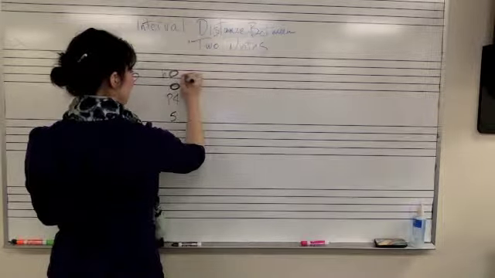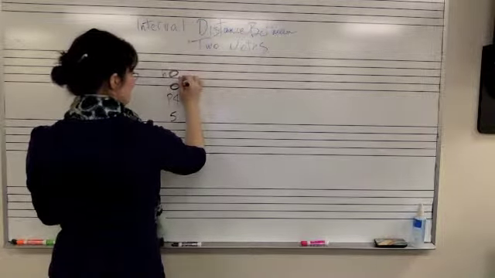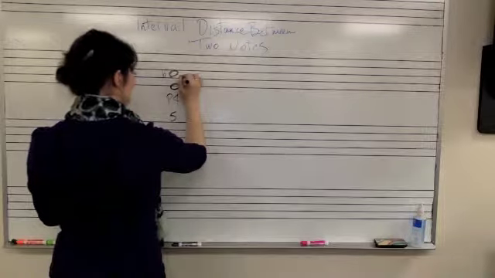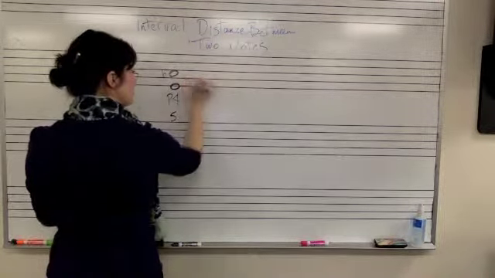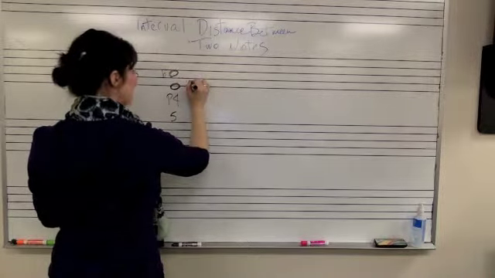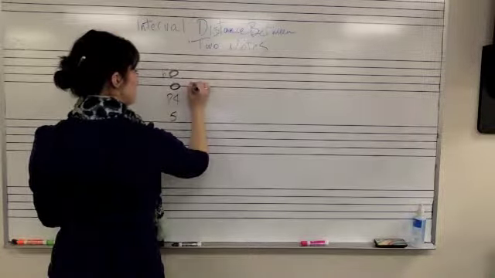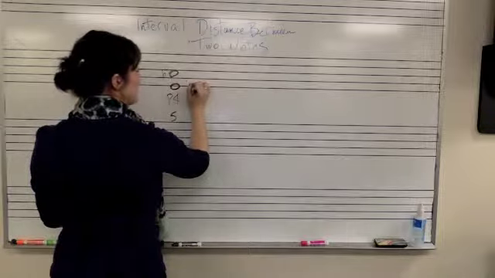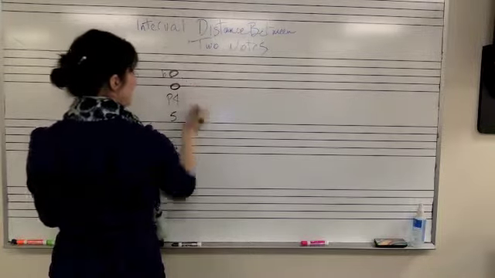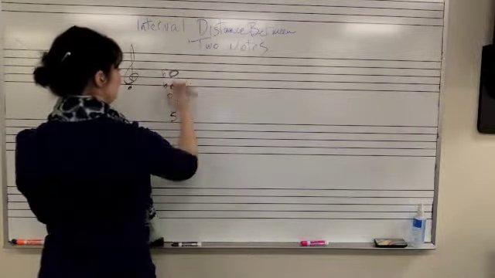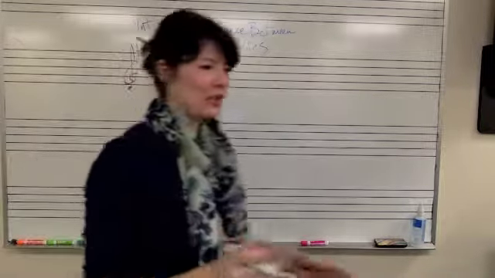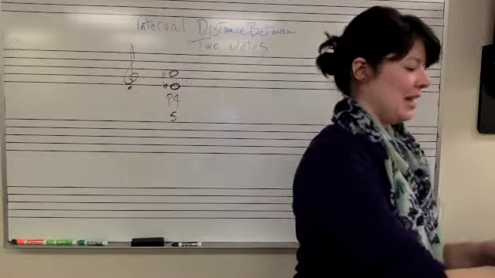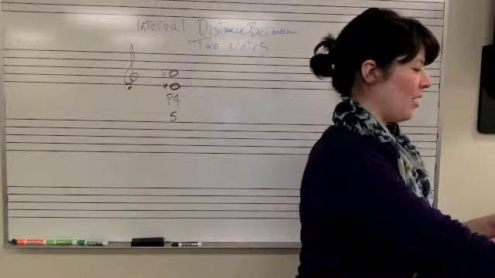So A flat to G is 1, G to F sharp is 2, F sharp to F natural is 3, F natural to E natural is 4, and E natural to E flat is 5. So it's A flat to E flat is your perfect fourth. So if you have any questions about that, then in assignment 3.4,